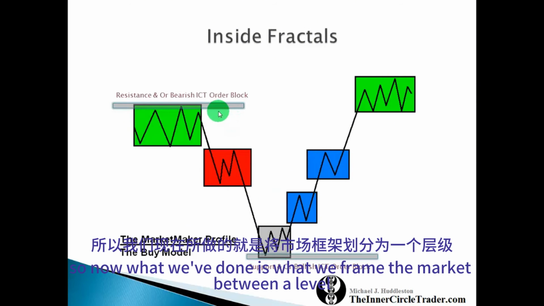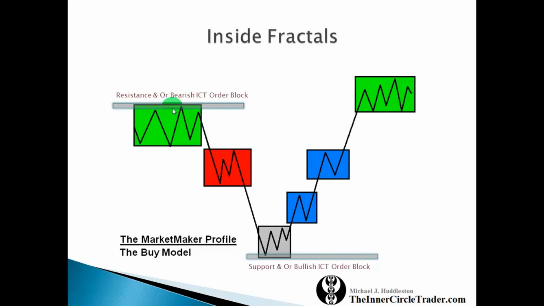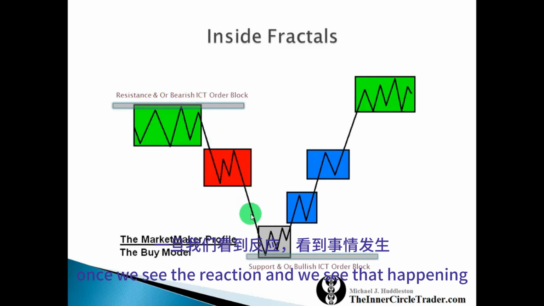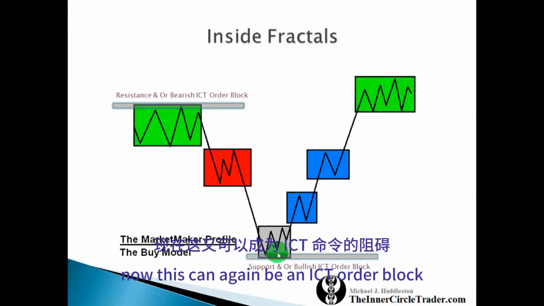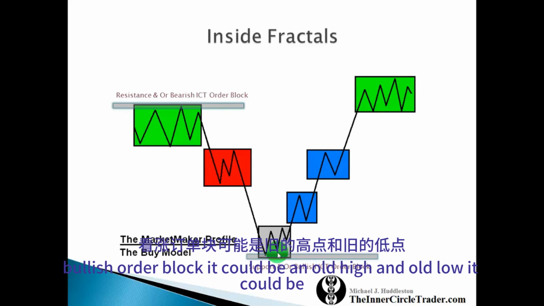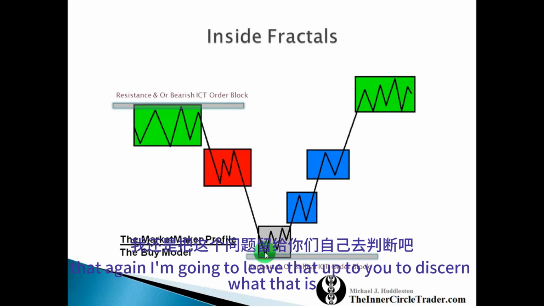So now what we've done is we framed the market between a level of anticipated resistance. Once we see the reaction happening, price comes down to a predetermined higher level support. Now this can again be an ICT order block, a bullish order block. It could be an old high, an old low. It could be a classic horizontal support line. Okay, that again, I'm going to leave that up to you to discern,